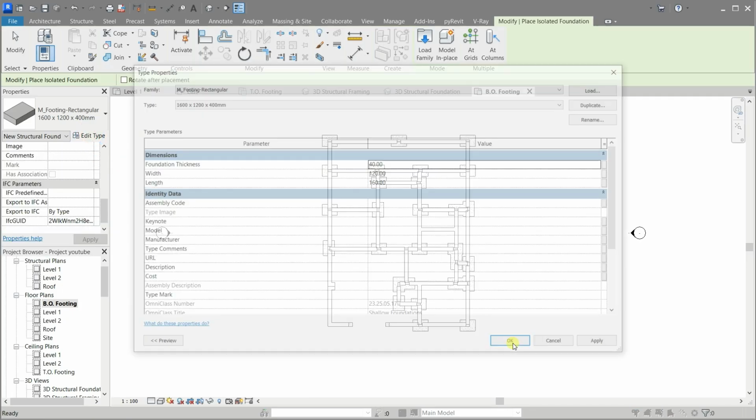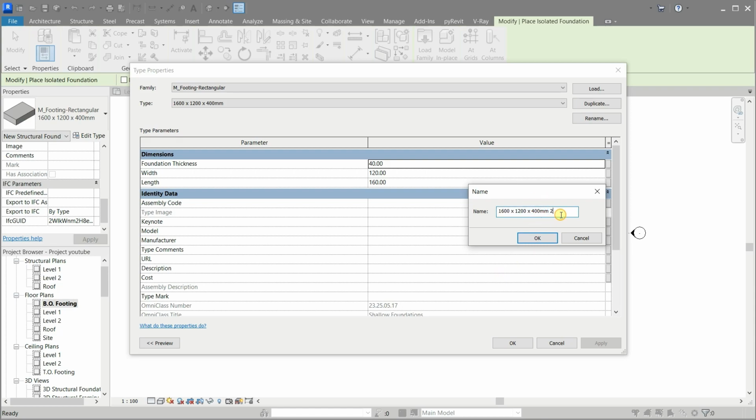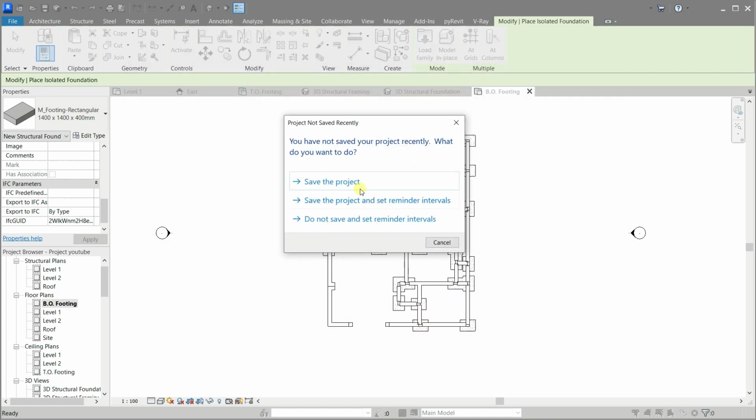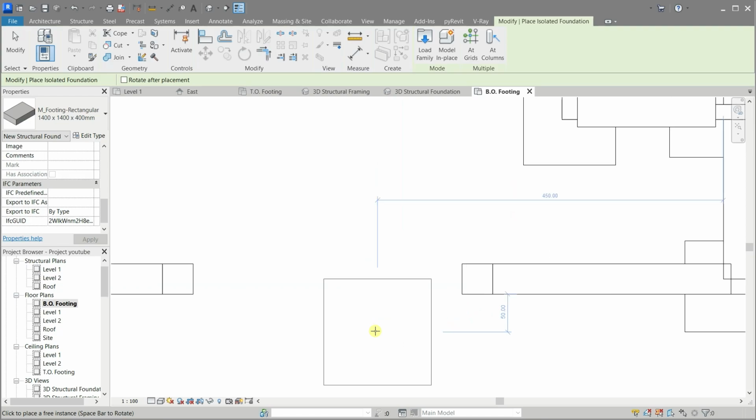Edit type, then duplicate and repeat the process to create a square footing. Assign the square footing to the square columns.